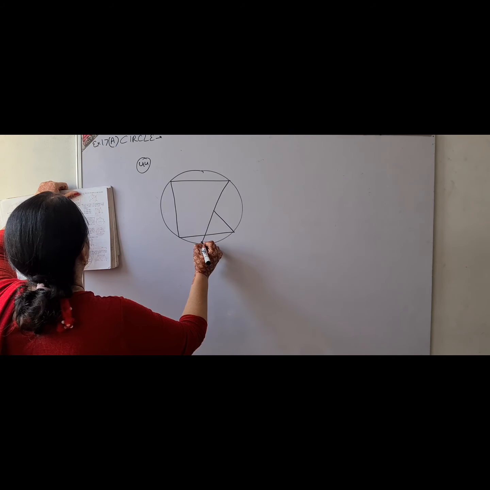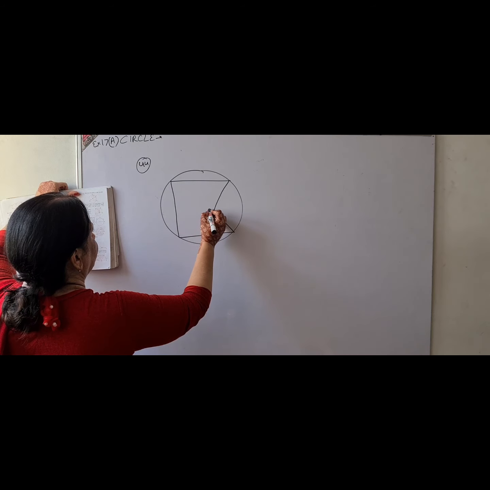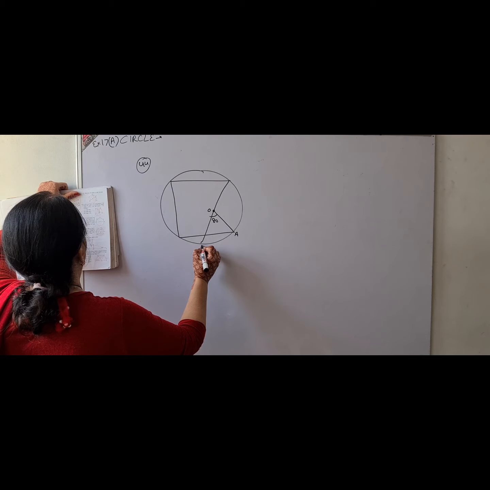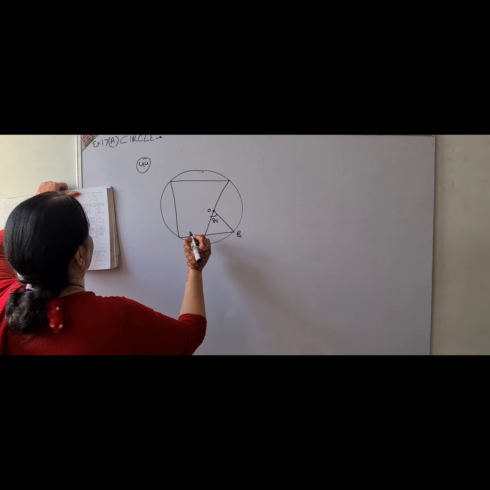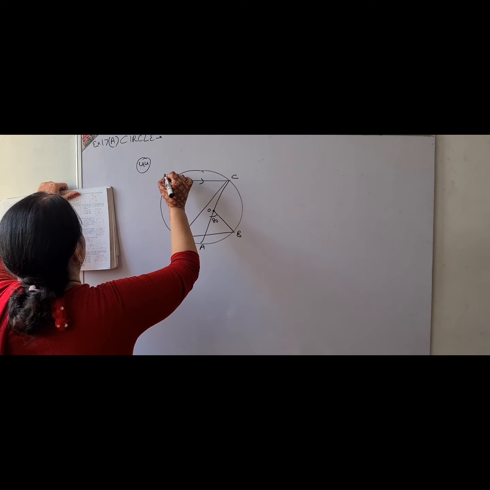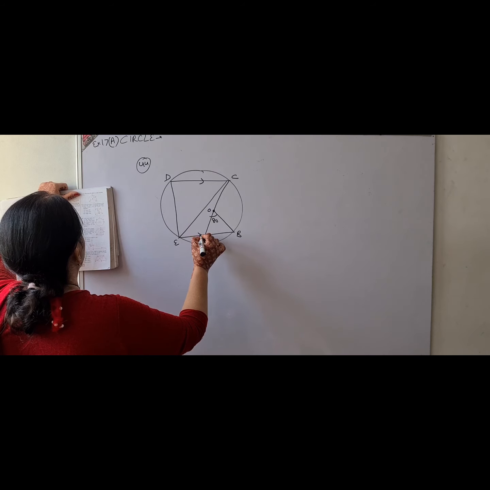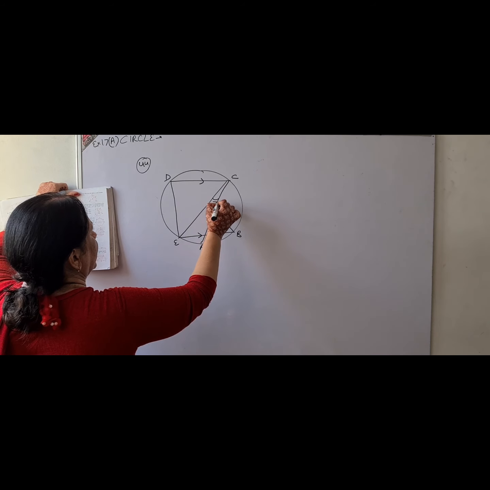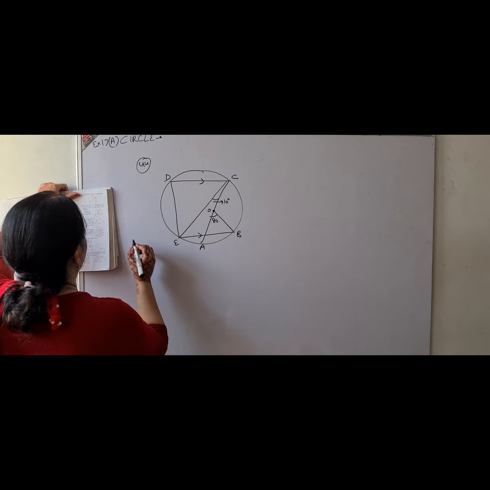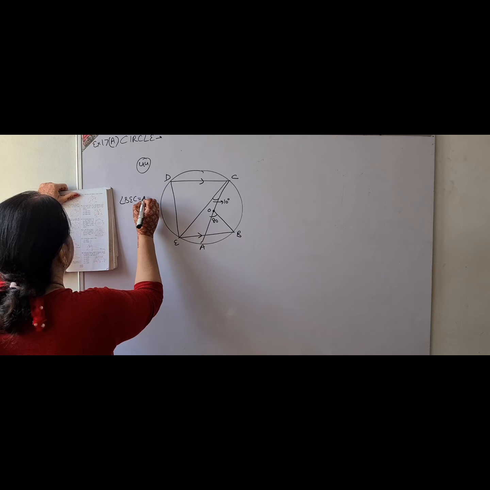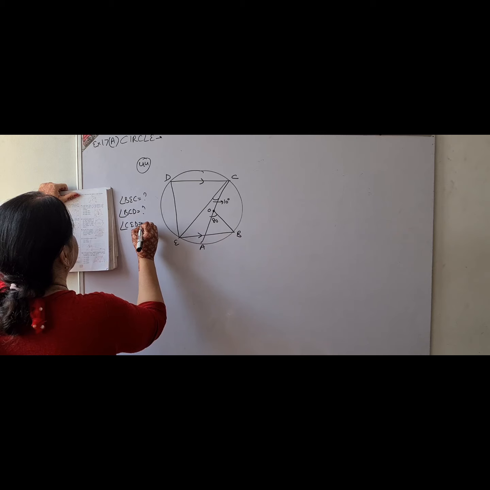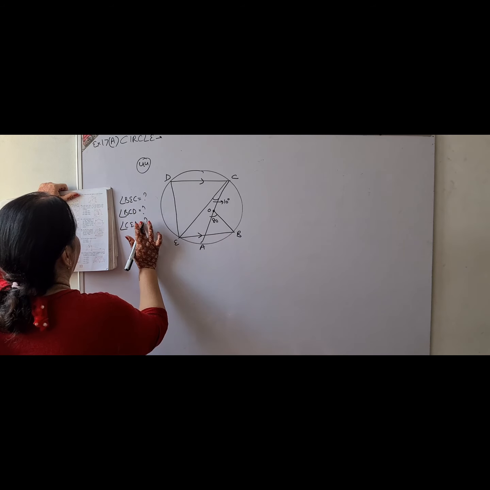See, I have joined it, and this is my O. Of course, this angle is 80 degrees. I have joined A, O, A, B, O, and A, E. Line BC is parallel to EB. Angle ACE is given to be 10 degrees, and I have to find angle BEC, angle BCD, angle CED. These angles I have to find.